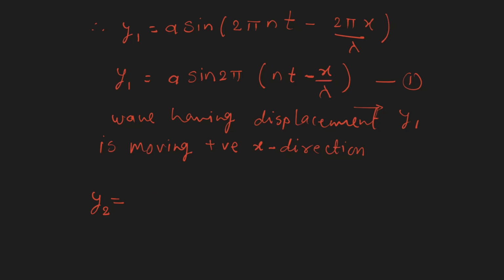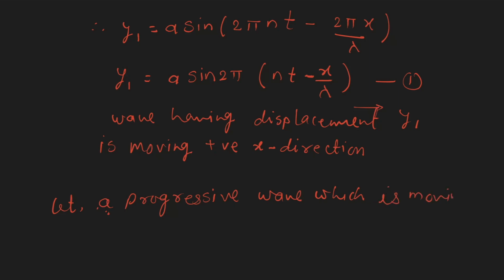Here we will consider another wave y2, a progressive wave which is moving in the negative direction of x-axis. Negative direction of x-axis. This means